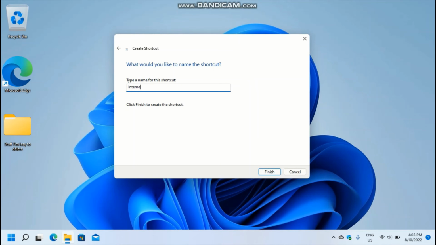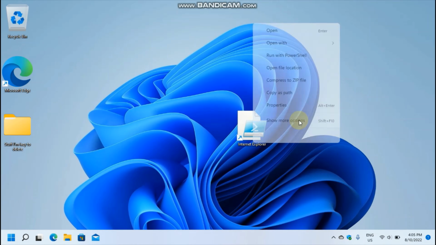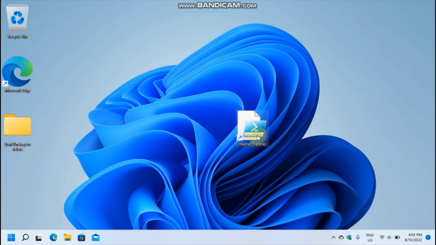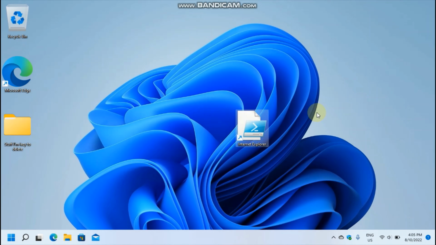Then name it Internet Explorer. Then you can optionally change the icon. I mean, it will still open with Notepad, by the way, so you will have to create a shortcut that runs this script with PowerShell. So for this to work, you have to go to the properties of this